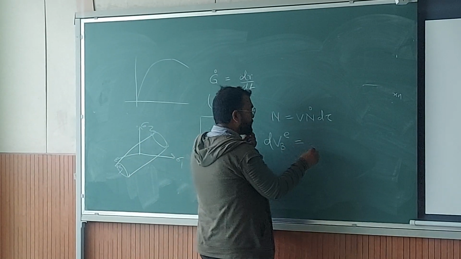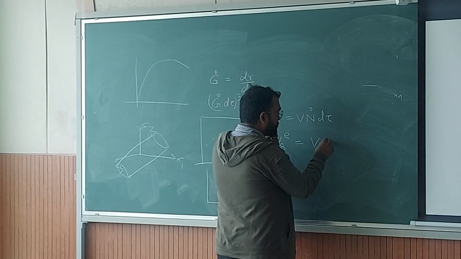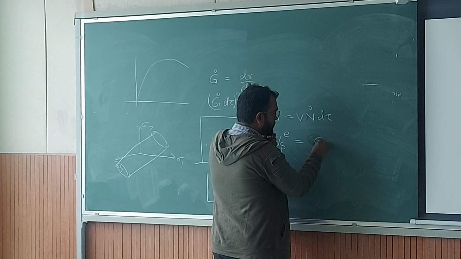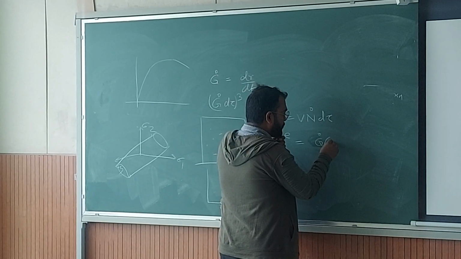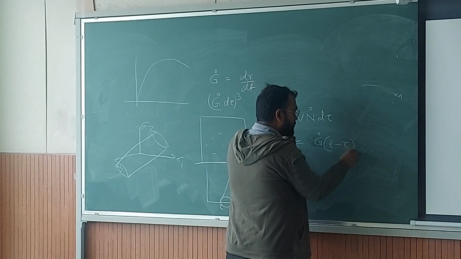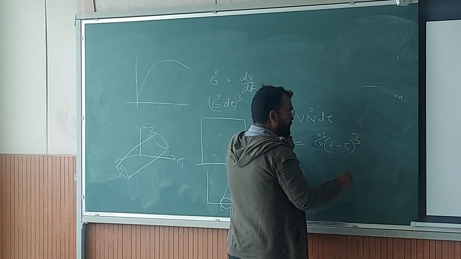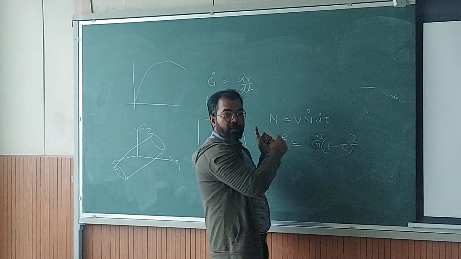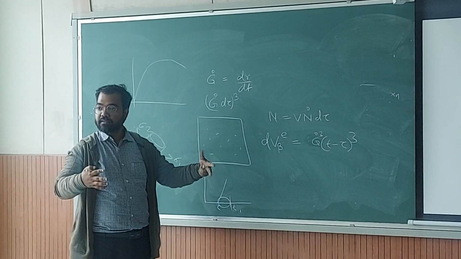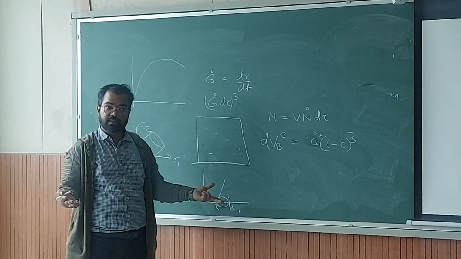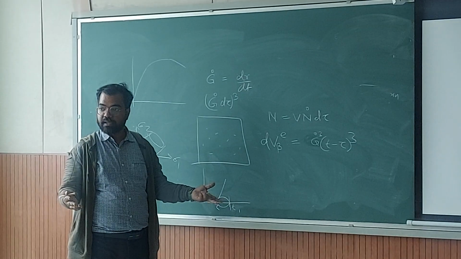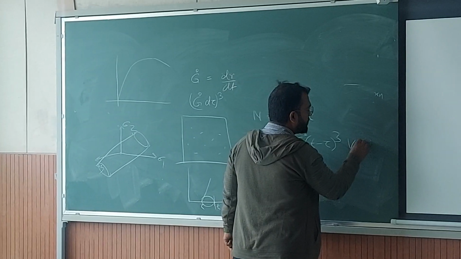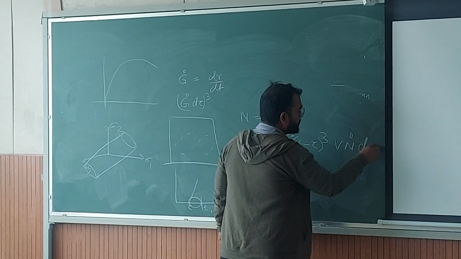So this will be equal to volume. But you have the growth volume which is g dot into (t minus tau) whole cube, and then you have to multiply with this, because when the growth is happening, nucleation is happening simultaneously. Okay, it cannot stop. So you will have V n dot d tau,